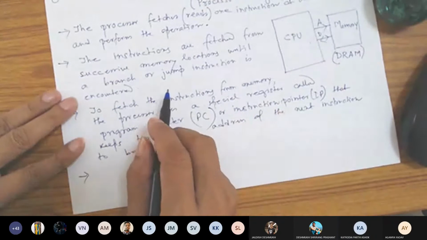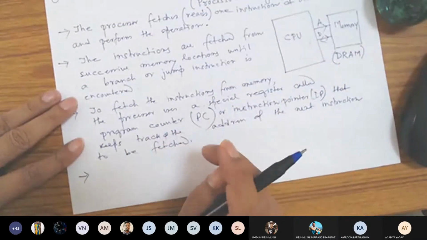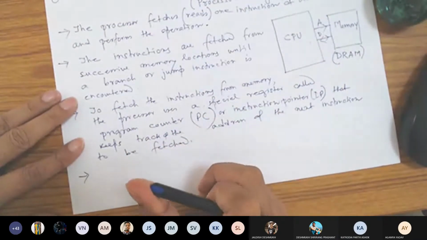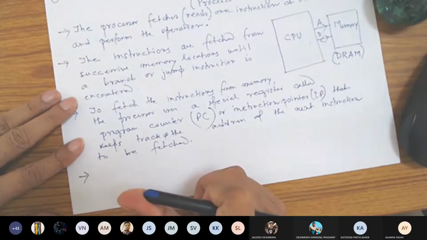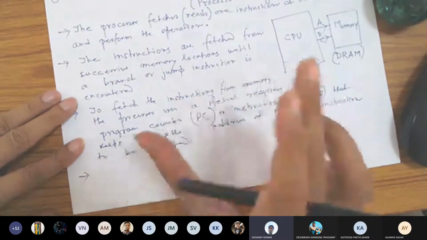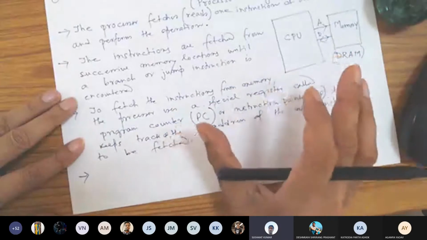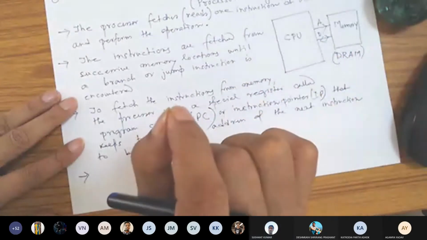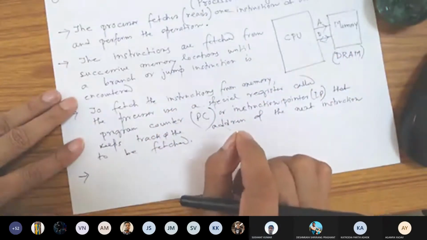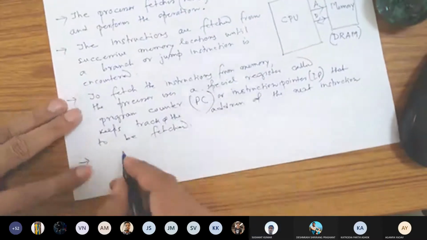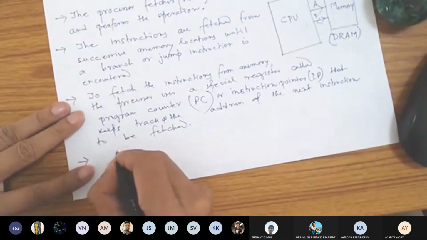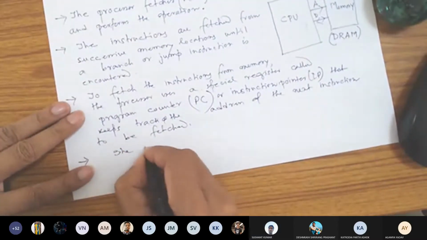Once you fetch the instruction, then what does the program counter do? No, program counter is a register. It does not decode. It's a location only. It will increase itself. It will increase the value, right? Yes, sir.